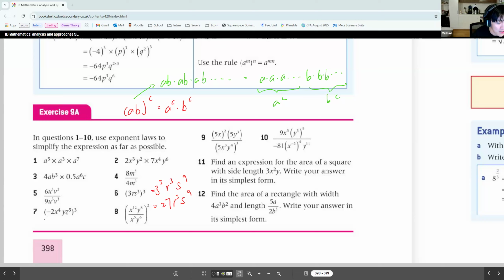You can ask me. For question 7, it's the same thing. But here, the only thing different is the -2. So if you take out -2, this negative sign actually stays because a power of 3 does not cancel the negative sign. And everything else is the same. X to the power 4 to the power of 3. This is,